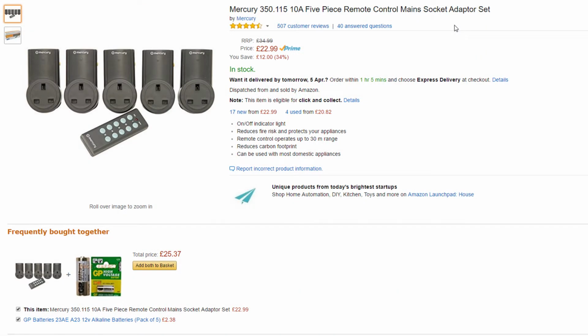Really useful for when you're setting up lights like this where they're mains supplied, and you can just switch them on and off. So I can literally, if I want to, just switch one of these lights off now. So very easy to control. So let's go and have a look at how I've built this lighting kit and give